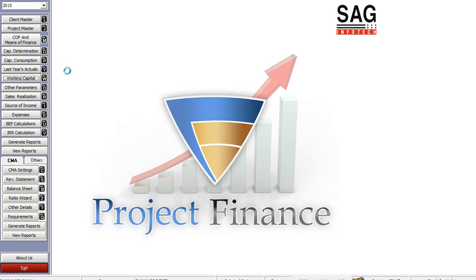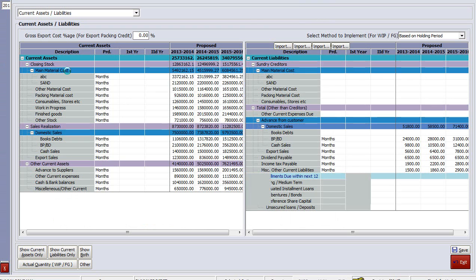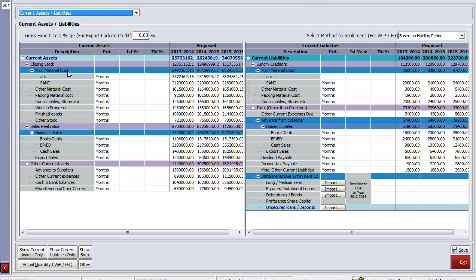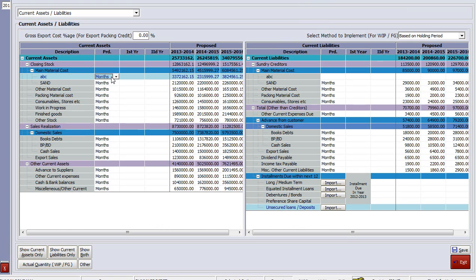For example, if you want to prepare current assets sheets, so actually this is dummy data, so data will be automatically there. But yes, here we give you the facility, then you select your current assets period, like it's month wise or days wise, what exactly for the first year, what exactly for the second year, what exactly for the proposed amount. Look, one more option is there, which is gross export cost as per percentage basis,